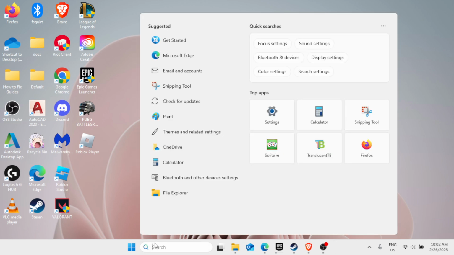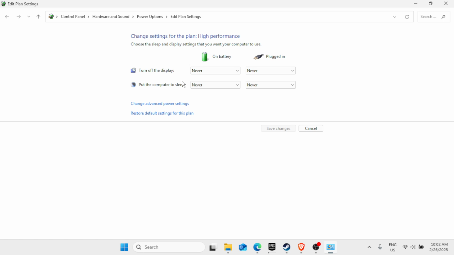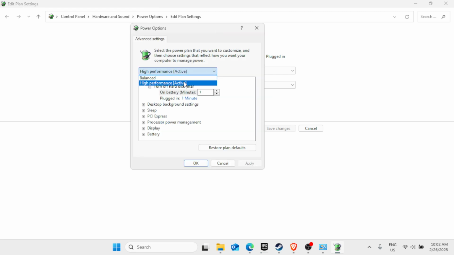And type here in the Windows search bar, edit power plan, control panel, click on that. Then here you'll find this option, change advanced power settings. Make sure that you are in high performance. Then you have to click on